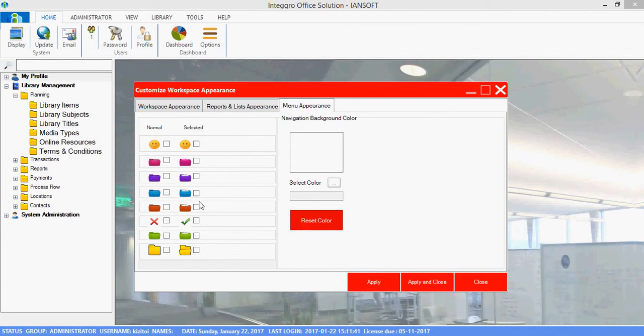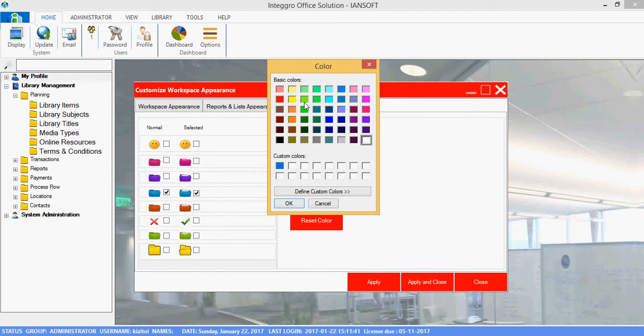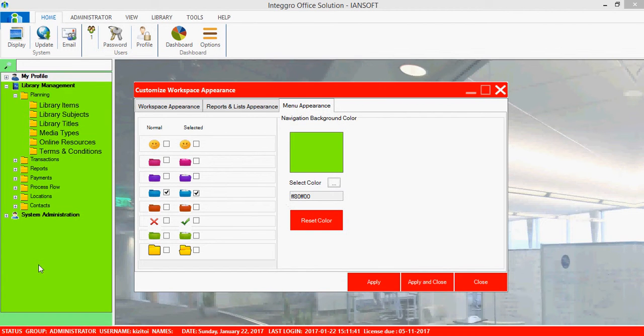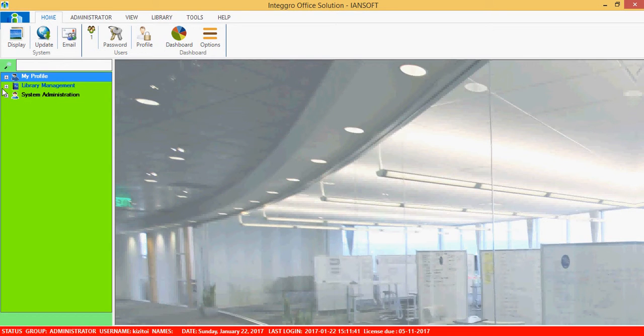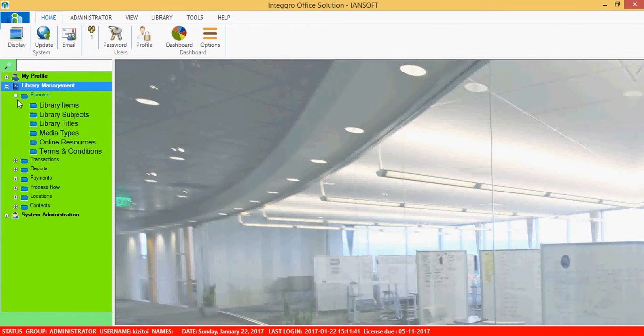Now on the menu front, you can see here we have the default, the golden folders here. So supposing you wanted to change them to blue folders, then you select that. So this will show you the normal, and this one will show you the selected folder. So a folder that has been selected would be open, and a folder that's normal is the one that's closed. And we also have the navigation background, so we can change it to a color if you wanted it to be green or something like that. So if you apply and close that, what would happen is that our menu will now have the blue icons,